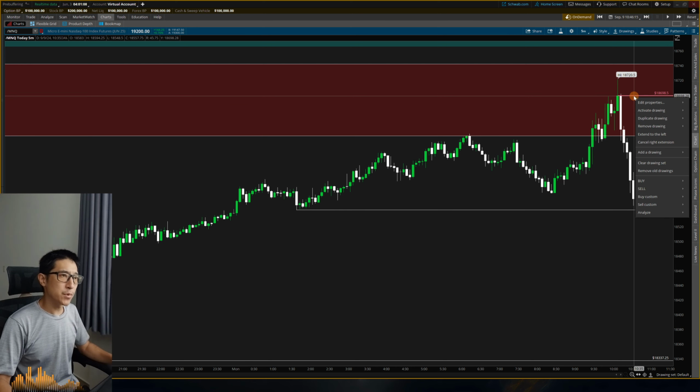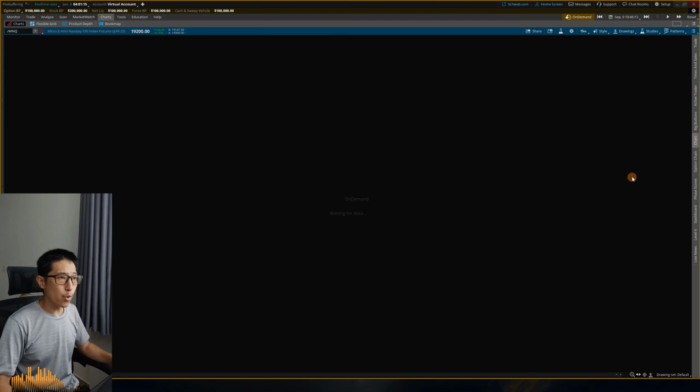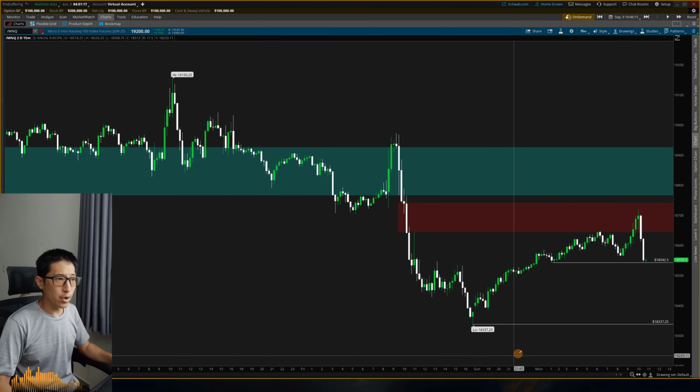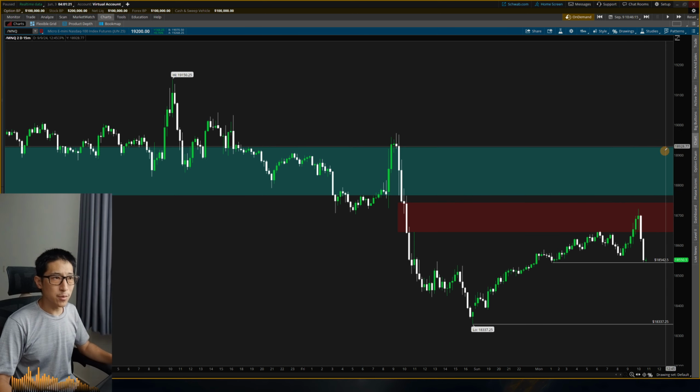So unfortunately, I missed the opportunity. It's gone for the sell side now. And now I'm not exactly sure where to target if it's going to keep going lower. I suppose I could do a projection. So for example, you take this high and you project this low. It's going to give you -1 standard deviation here.